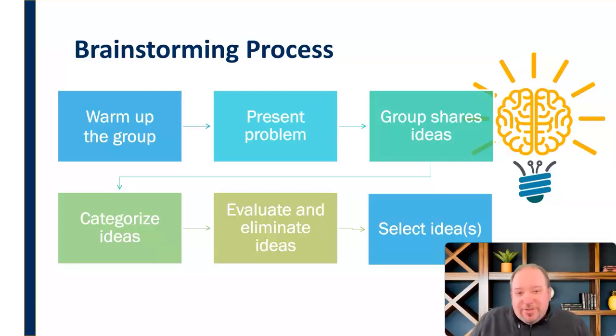Now you're going to get a chance to criticize, to say, well, this is why I think this won't work, or this is a bad idea, or whatever. You're going to get a chance to poke holes in the ideas anyway, not the actual product or whatever it is you're working on, or certainly not the group members, but you should be categorizing them so that you can then evaluate and eliminate ideas. So you're going to evaluate them as objectively and fairly as possible, and then start eliminating some. Say, that's not possible because of this. And if it's truly not possible, then you would eliminate that, or you just start limiting and prioritizing those things, because then in the next step, you're going to select the idea or ideas that you think would work best in that situation, and try it out.